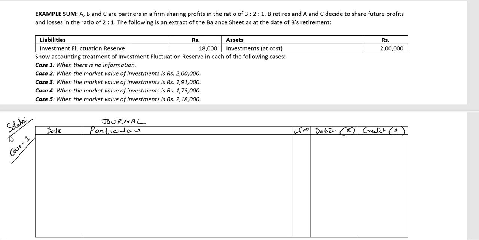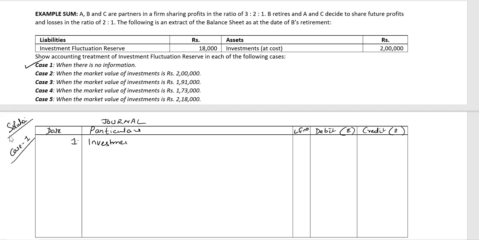Case 1 says where there is no information. So where there is no information given, we will assume that there is no change in the market value of investments, that the market value of investment is 2 lakh itself. So the reserve is not necessary and we can distribute the reserve among all the partners in their old profit sharing ratio. So the journal entry is